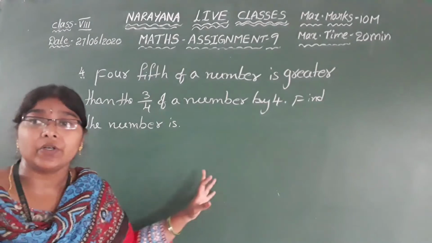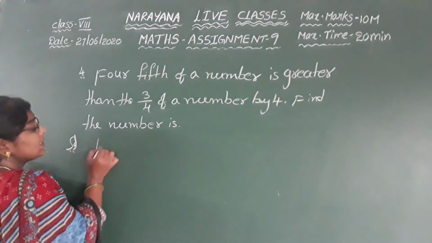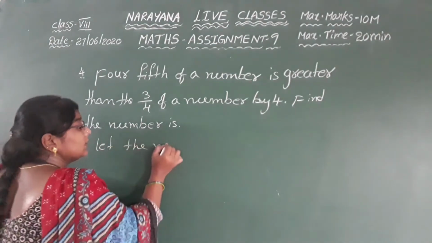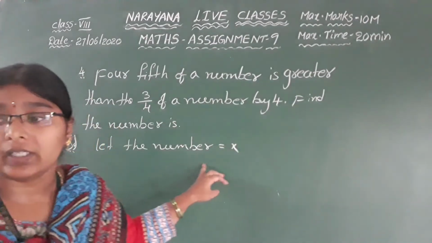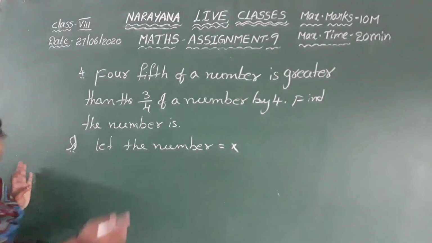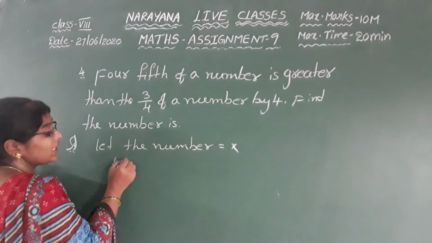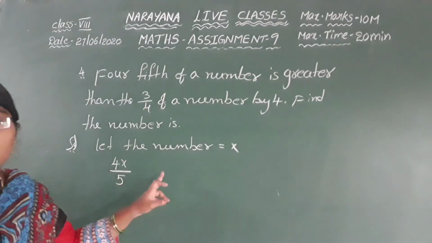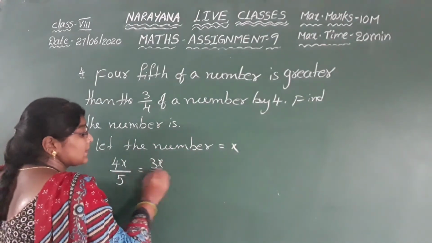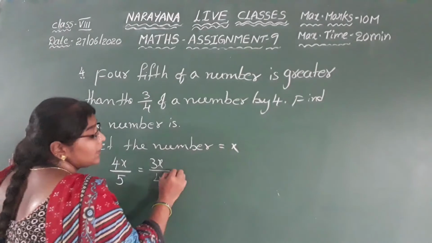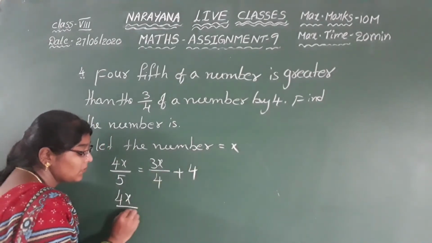Here we don't know the number, so we take the number to be x. So the solution is: let the number be equal to x. So 4/5 of a number we take as 4x by 5. How much is it greater than 3x by 4? That means we take it as 3x by 4 plus 4. So the plus 3x by 4 coming to this side means minus 3x by 4